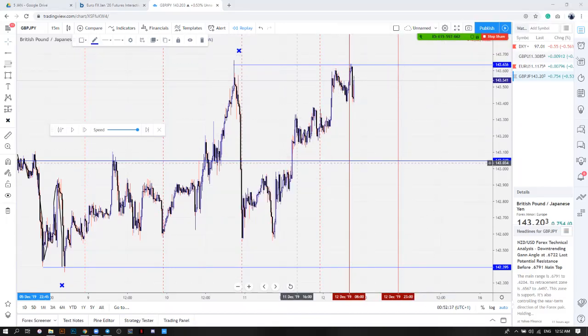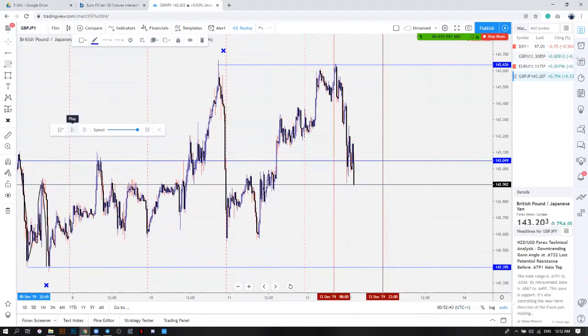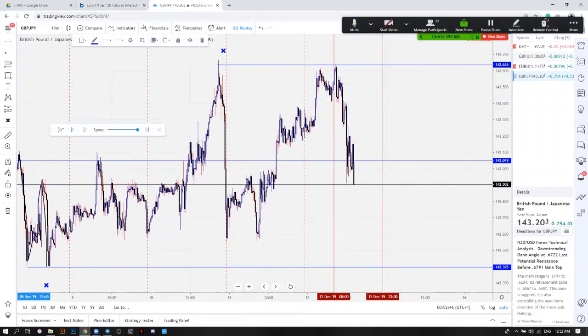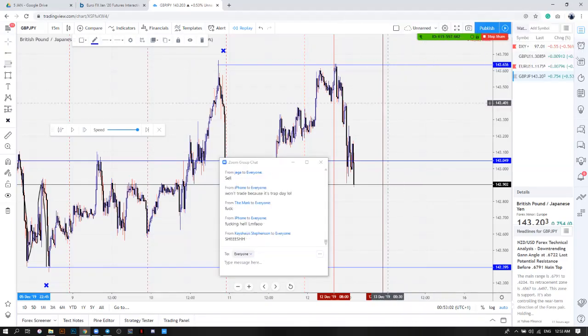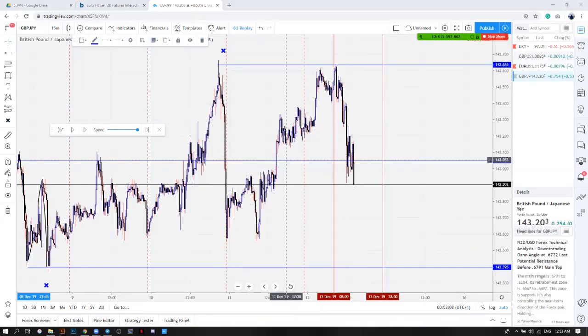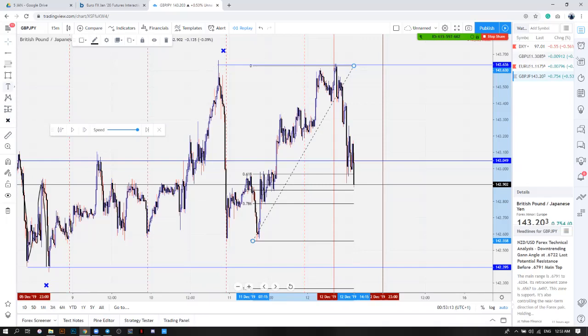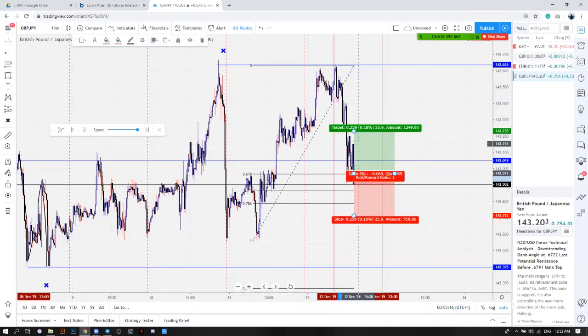Exactly. If you don't know what the market is going to do, leave it alone. Let the market do what it's going to do. If you do not know what the market is going to do, leave the market alone. Even if you miss the sell, it's still okay. Wait until New York session. Trade responsibly, guys. Trade responsibly, people. That is what you want to say.